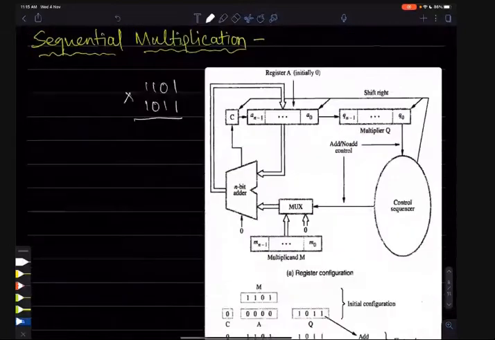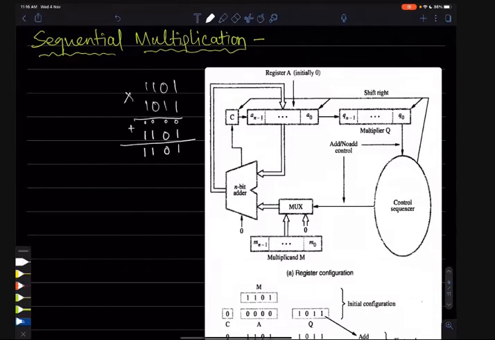So let's start with the first multiplication. The first bit is 1, that means we have to copy 1 0 1 1. And as I have told, there is an inbuilt 0 0 0 0, to which we will add this and we will get 1 0 1 1 as the result. So there is an addition operation after multiplication. Actually it is not multiplication, it is either you copy this multiplicand to the output or copy 0 0 0 0 to the output. Okay, so the next bit is 1 again.